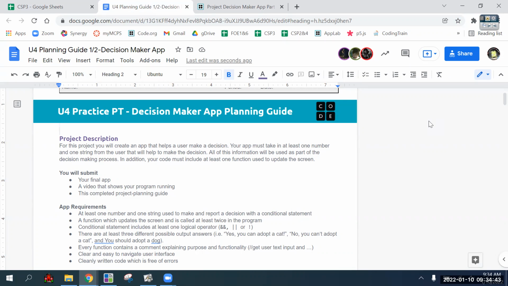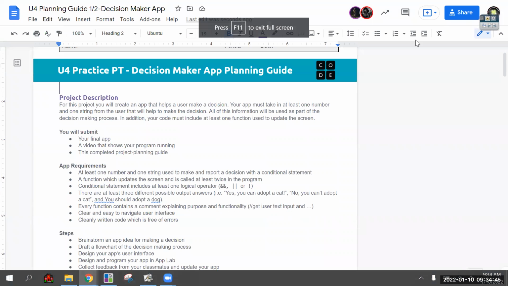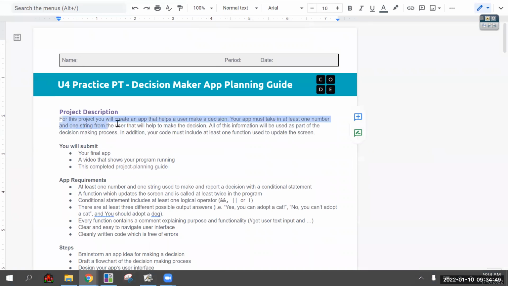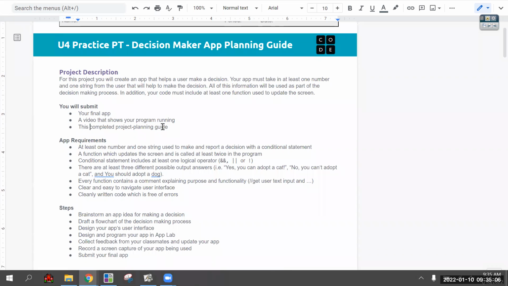Code.org offers some examples which are going to be useful. Okay, project descriptions. For this project, you will create an app that helps a user make a decision. Your app must take in at least one number and one string from the user. All this information will be used as part of a decision-making process. In addition, your code must include at least one function to update the screen. What you are going to actually submit, your final app submitted